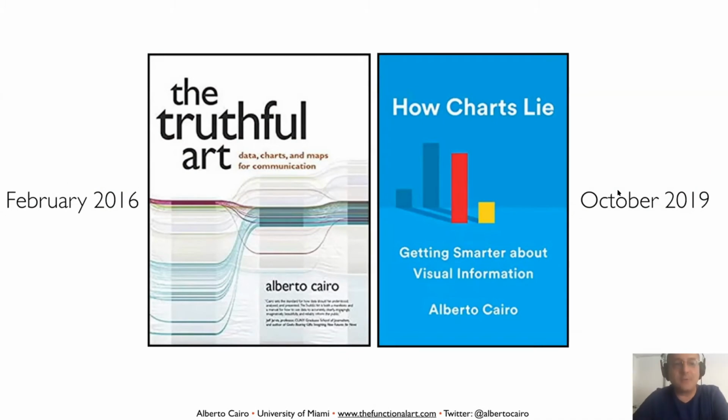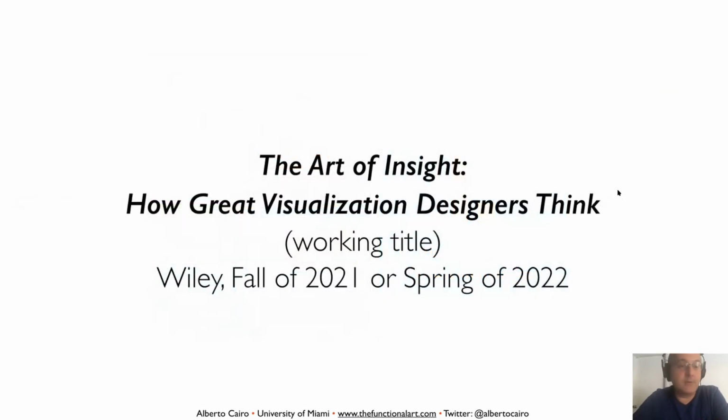So I'm going to go beyond the book, and give you a heads up on what I am working on at the moment, because I'm already working on a new book in collaboration with a designer who currently works for the Washington Post. Her name is Alyssa Fowers. We are going to co-write a book that will be published probably in the fall of 2021 or the spring of 2022. We'll see, because publishing houses' plans are shifting and changing quite a lot because of the pandemic.